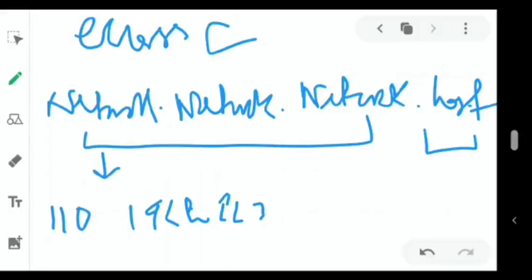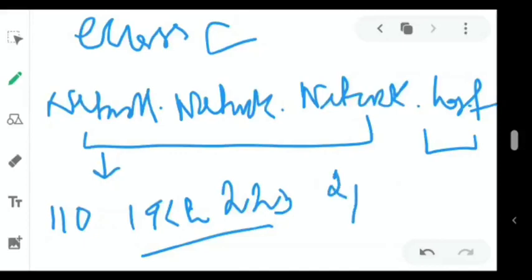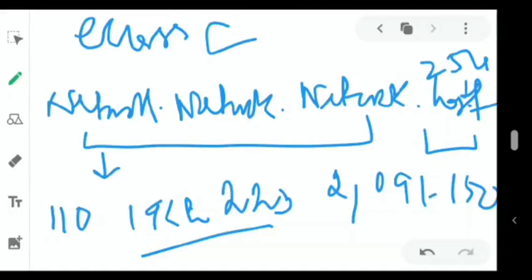So this is the range for the first octet, 223 being the upper limit. The total number of networks available here is very high. It is 2097150, and the number of hosts here is just 254. 254 devices or computers can be part of a class C type IP address.